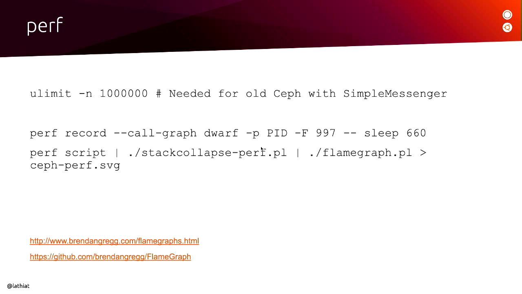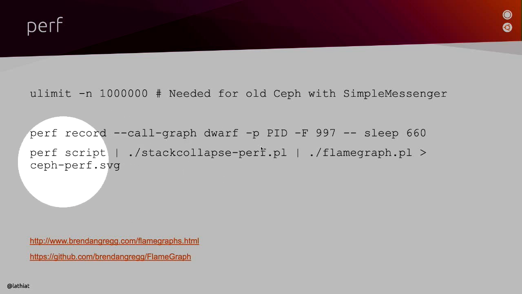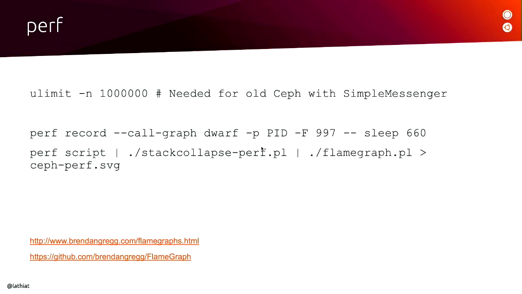So the way that we do that is we use the perf record call. We basically tell it which process ID we want to inspect. It is possible also to sample the entire system with -a instead of per process, but it's a little bit easier to consume the output if you look at a per process. And we also tell it to use a frequency of 997 times per second, and that sounds like a strange